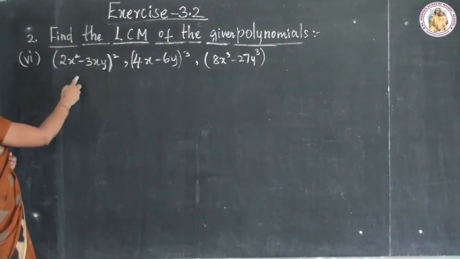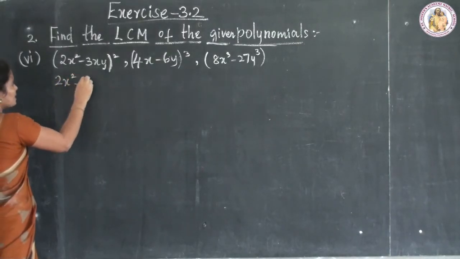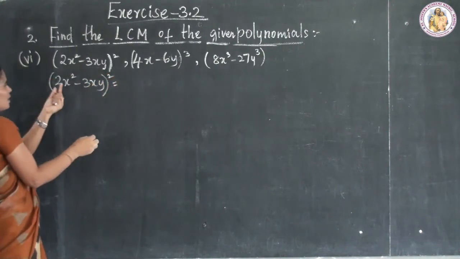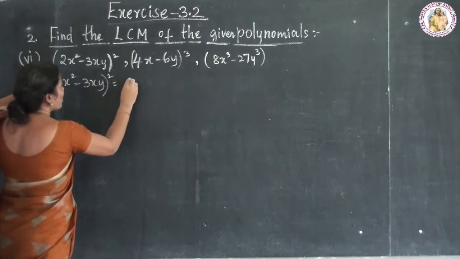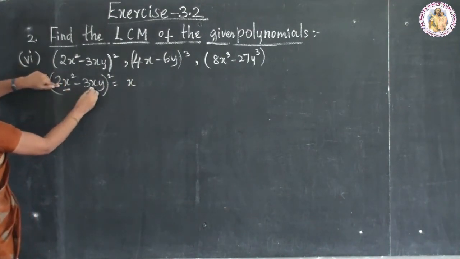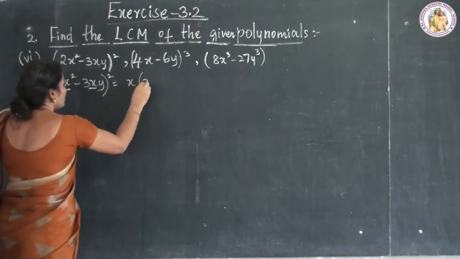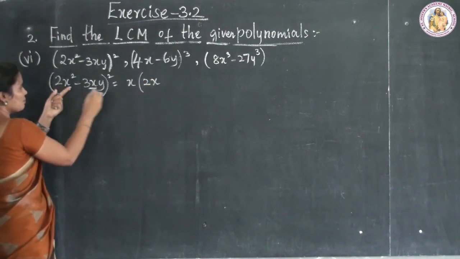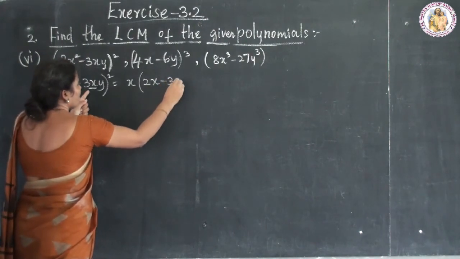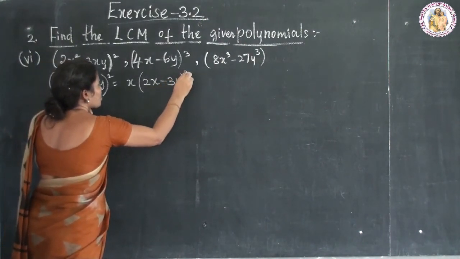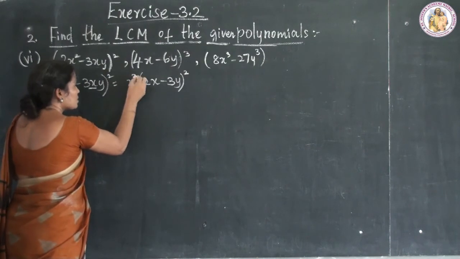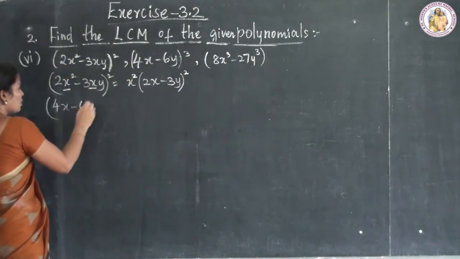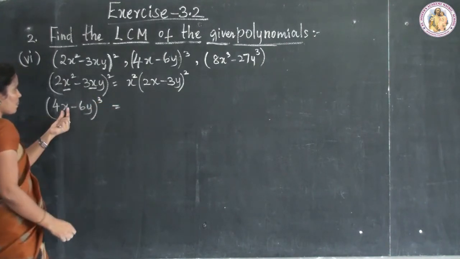Question number 6. 2x square minus 3xy whole square is equal to, take common variable x, 2x. So 2x into x, 2x square minus 3y whole square. So here also square. Next take 4x minus 6y whole cube is equal to